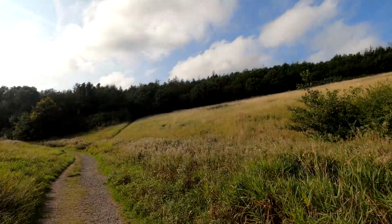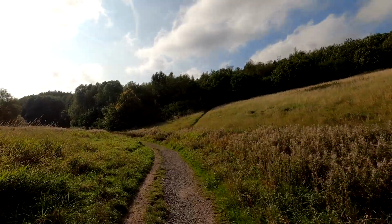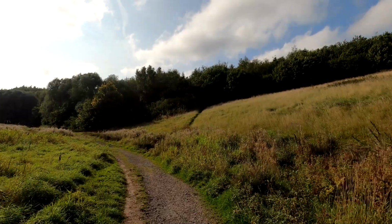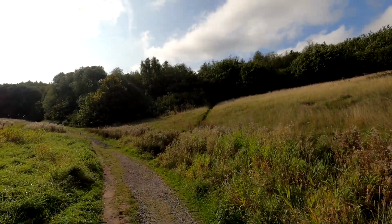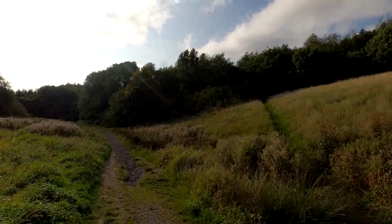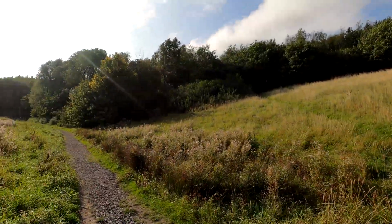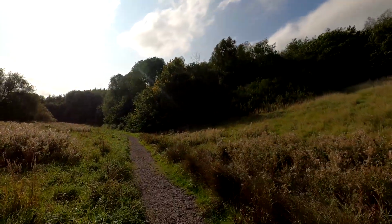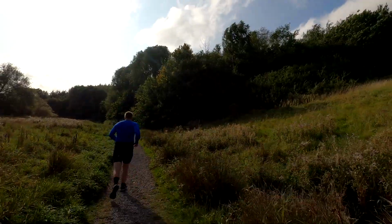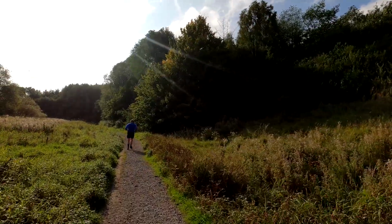Some lovely grasses up the hill there. So where is this area? For those who haven't seen the Huncote video walk, please take a look. But we are, as I say, between the villages of Huncote and Croft. And just let this runner go past because this path's not very good. Not far away from Leicester, so it's about 3 or 4 miles from